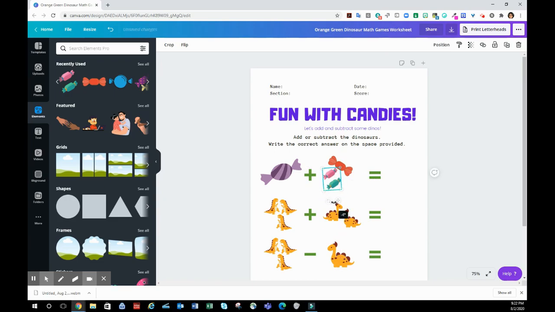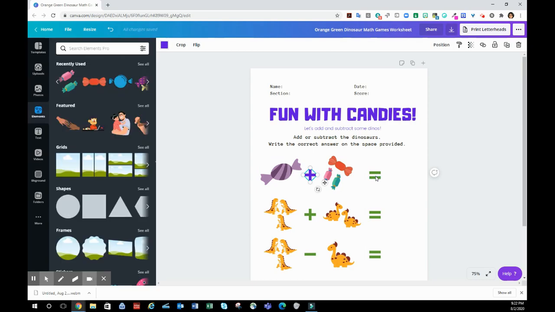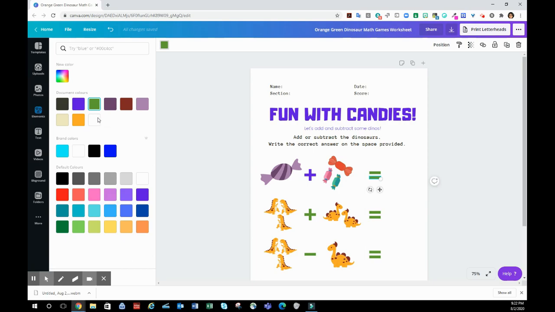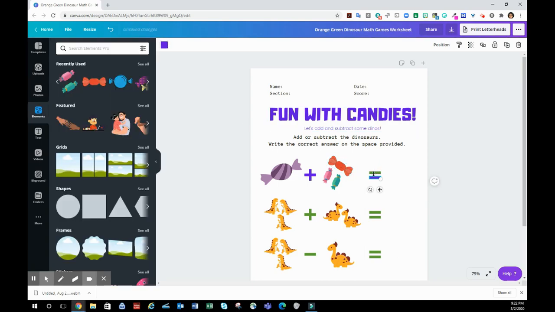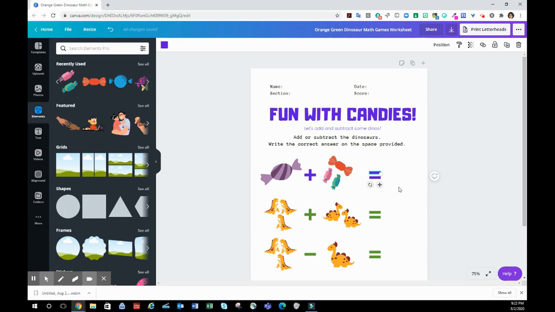And turn these two this way. And now I'm going to change the color of the plus sign to purple. Change my equal sign to purple. And you can also enter here